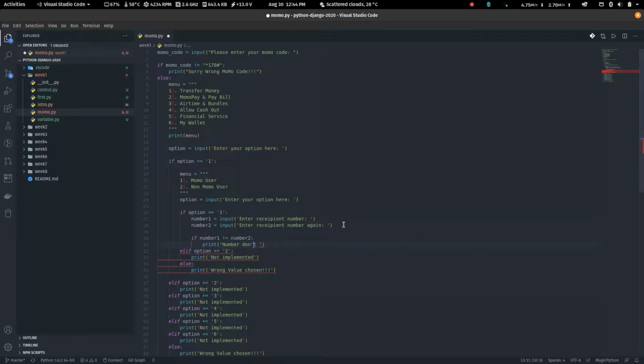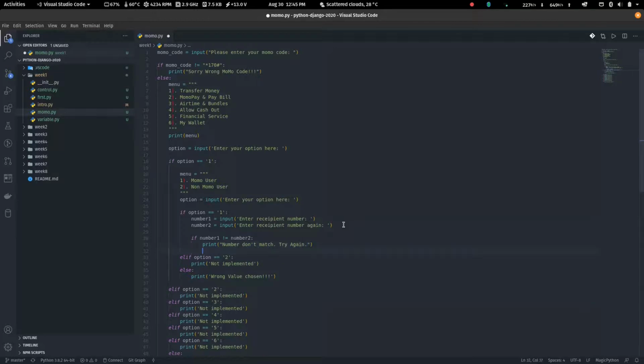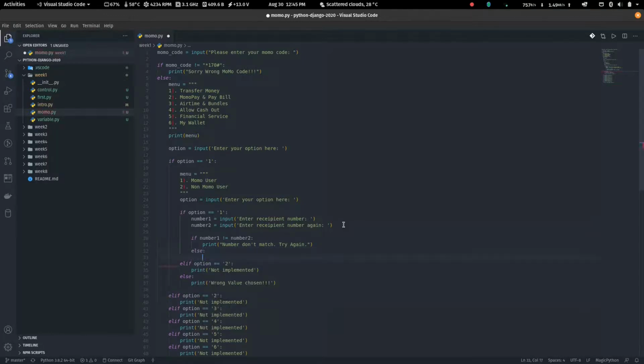So if I want to use an apostrophe, like in don't, then I use double quote outside and single quote inside. Numbers don't match. Try again. You don't want to talk too much, right? And then after that, else, what should you do? If number 1 is not equal to number 2, print numbers don't match, try again. Other than that,